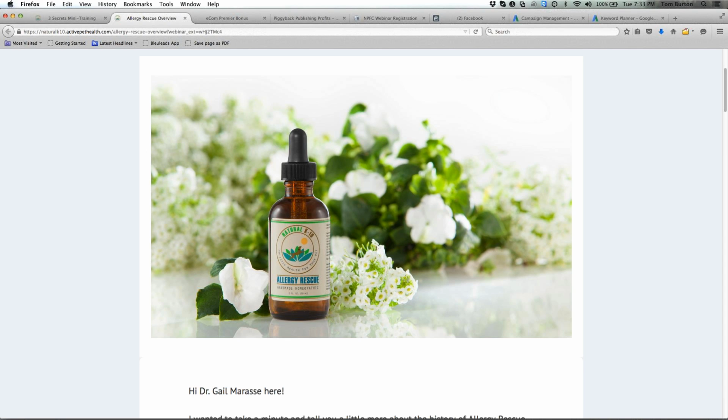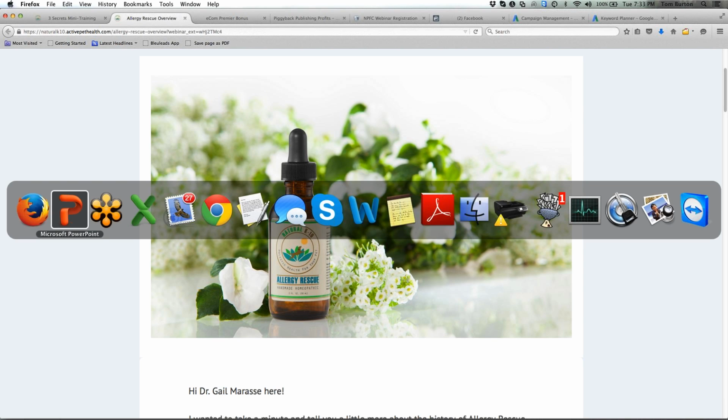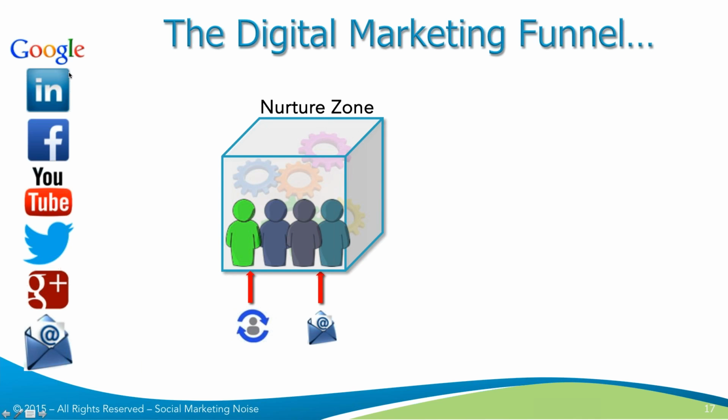Yeah, so it is the starting point of your nurture zone. Yes, that's exactly right. So the landing page is the starting point of your nurture zone. So when I move from traffic to here, to the nurture zone, and I come to a landing page, that is the place where the experience starts. That's a great way of looking at it, Gina. That's exactly right.